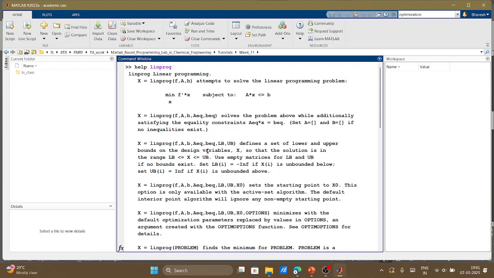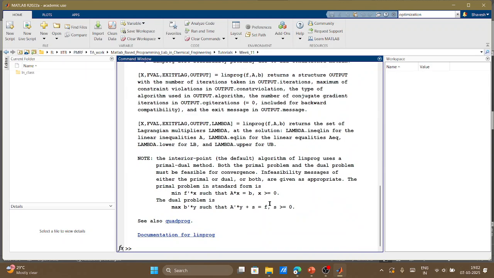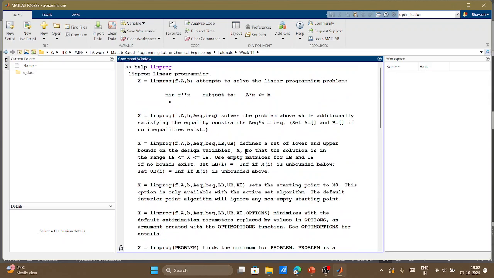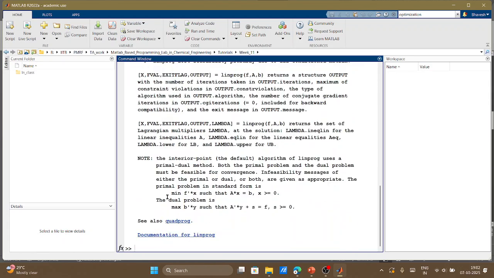So here you can also provide the A b equality constraint, inequality constraint, lower and upper bound. Always look for some of the examples. If the examples are not given in the help window itself, you can go into the detailed documentation. Similarly, you have